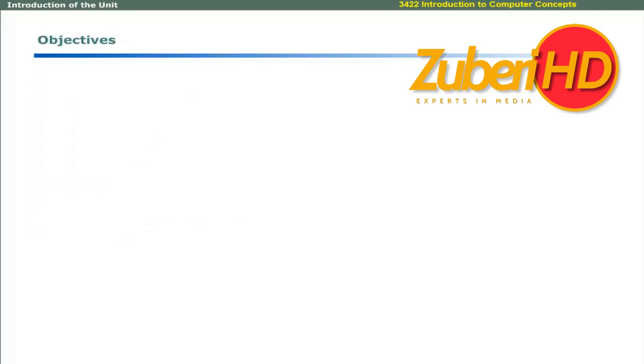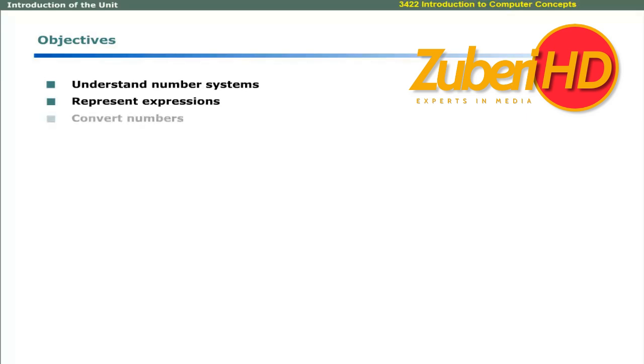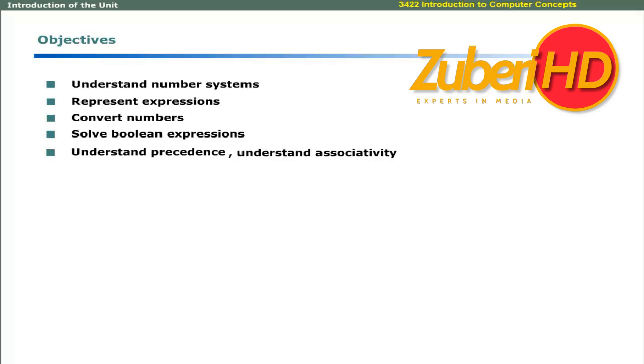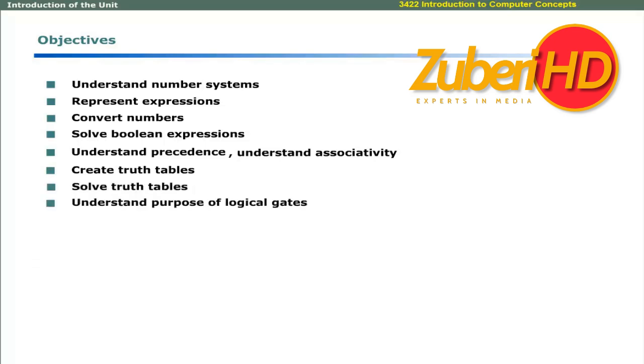Dear learners, after completing this unit, you should be able to understand number systems, represent numeric and alphanumeric expressions in number systems, convert a whole and fractional number from one number system to another number system, solve Boolean expressions, understand precedence and associativity of logical operators, create truth tables, solve and interpret truth tables, and understand the purpose of logical